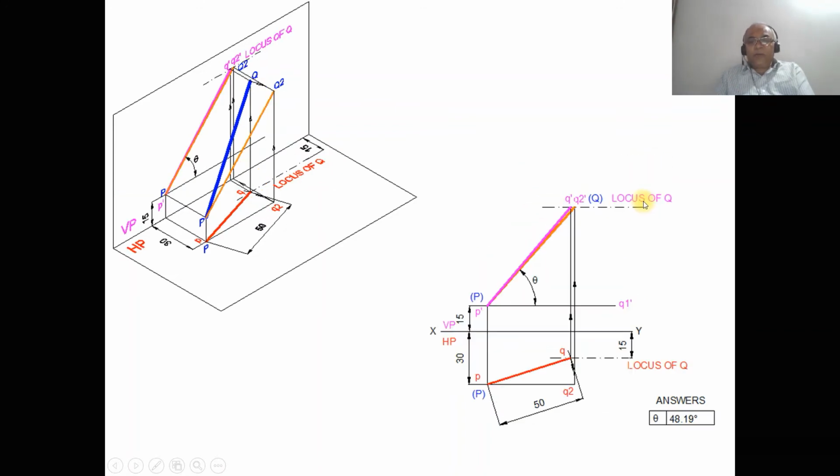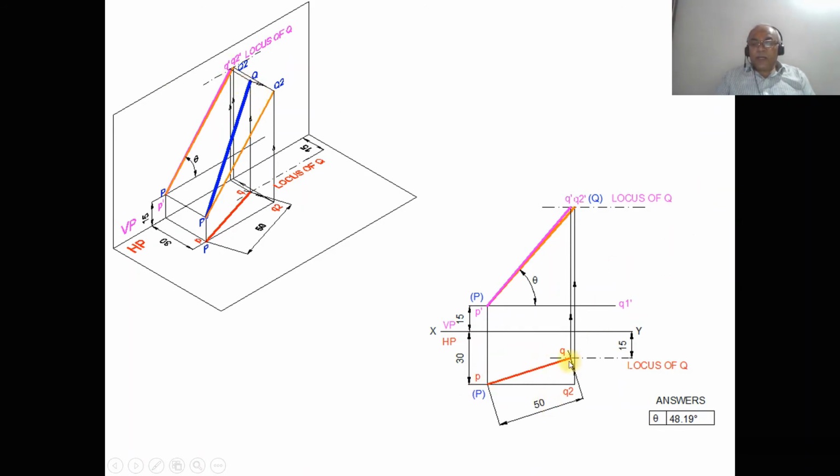Now similarly, we want to find out the true length in the vertical plane. To do that, you have to rotate the line which is in space, and make that line parallel to VP. When you look from the top view, both P and Q2 are in front of VP by 30 mm. When you look from the front view, this has been projected till the locus of Q in the front view, so that you get Q2 dash. Join P dash Q2 dash with a little bit thicker line than the XY line. So you get the theta inclination, that is the true inclination with respect to HP. That is what we have shown here.